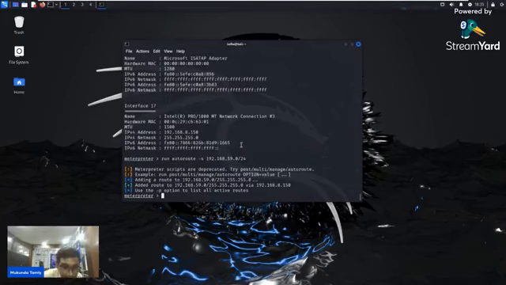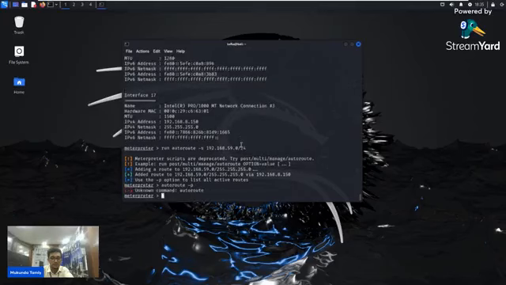See what happened. Meterpreter scripts are deprecated. Let's see if it is connected or not. There is a typing error in autoroute. Okay, post/multi/manage.